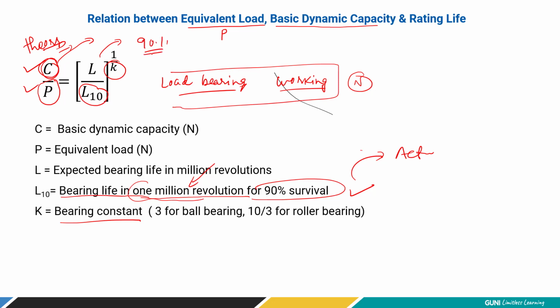90% જે બેરિંગ છે એમને સક્સેસફુલી એ લોડ સહન કરવો પડશે. ક્યાં સુધી? 10 લાખ અથવા 1 મિલિયન રેવોલ્યુશન સુધી, રાઈટ. So this C is a design load, theoretical design load expected, and this L10 is a service life, right? So this is in terms of Newton and this is in terms of revolution, okay? But this capital L and capital P are representing the actual load condition.